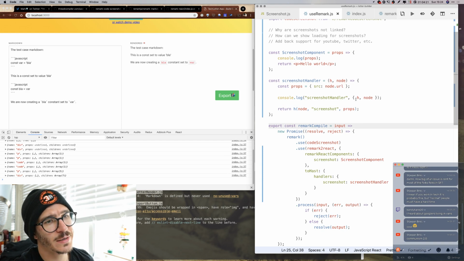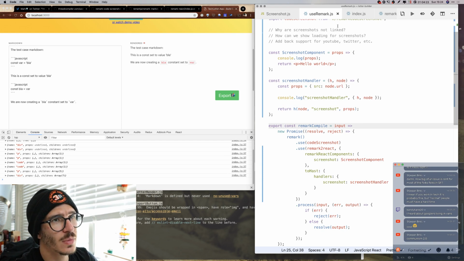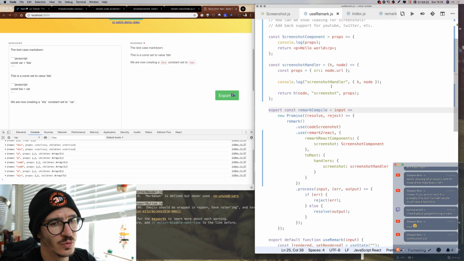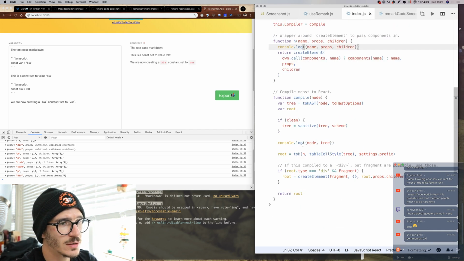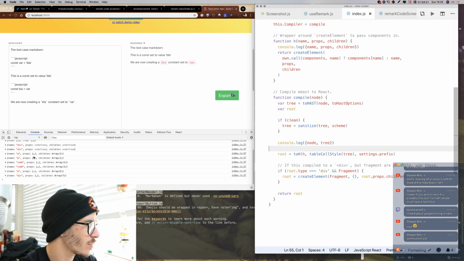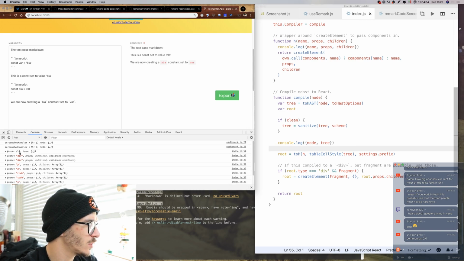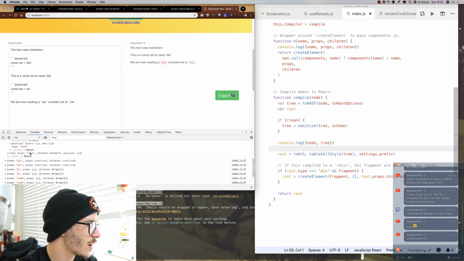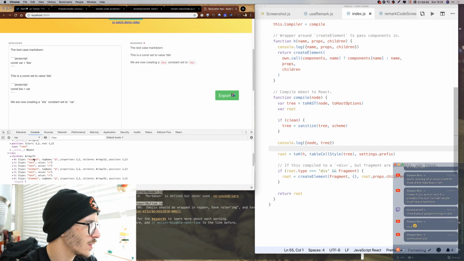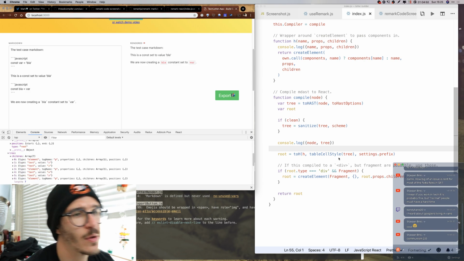So it looks like when I'm trying to do the tree stuff, where was that? Here, node and tree. So that's where it's already getting cleaned out. So the nodes have screenshot type, but the tree does not have screenshot type. It defaults to